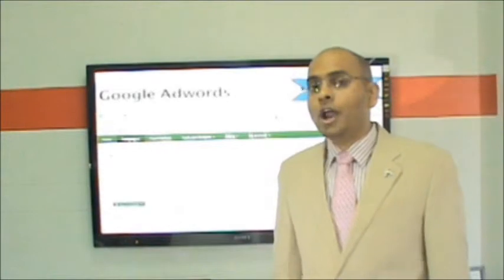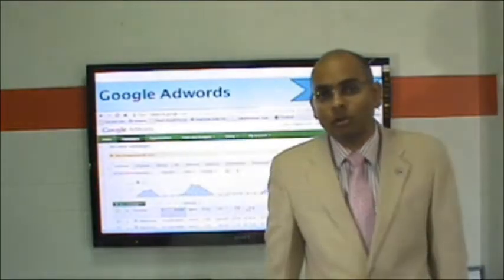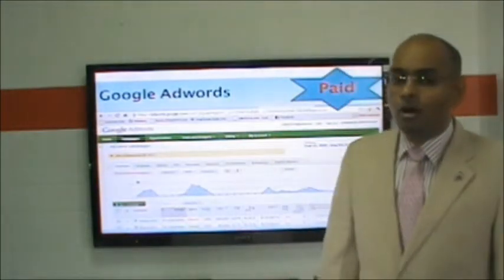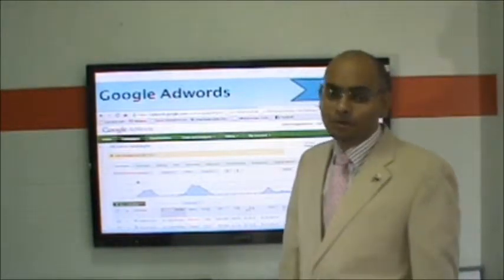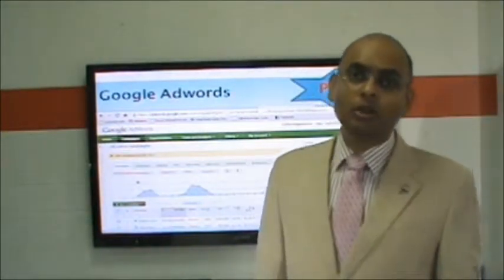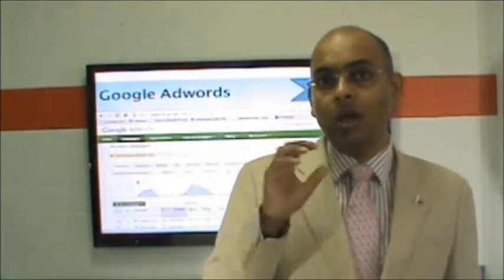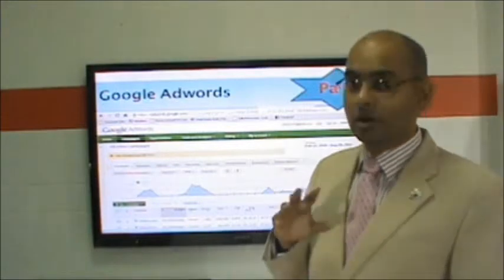But he still gets the advertisement, and by mistake he clicks, and since it's pay per click, whenever he clicks, you get charged. So Google AdWords is not very effective as of now for an individual realtor. Maybe it will take a while until the Indian government makes geotagging compulsory. Then you can focus only on Ahmedabad, and you will get a better response.